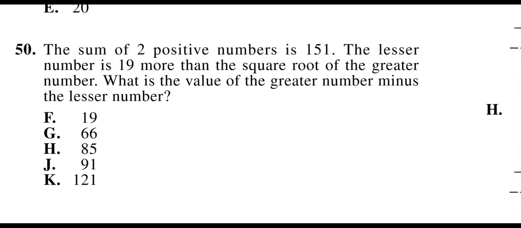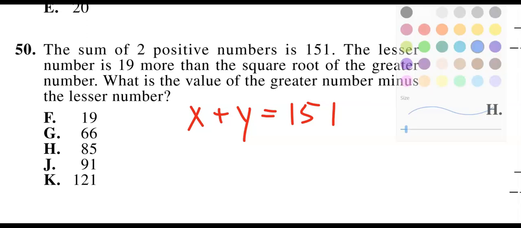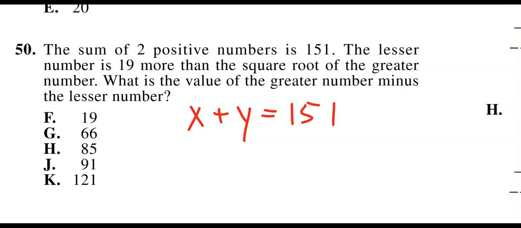The sum of two positive numbers is 151. Okay, the sum of two positive numbers is 151. The lesser number. Now, which one do we want to call the lesser number, X or Y? Or does it actually matter? Nope, it doesn't matter. Pick whichever one you want. The lesser one, we'll call that X. The lesser number